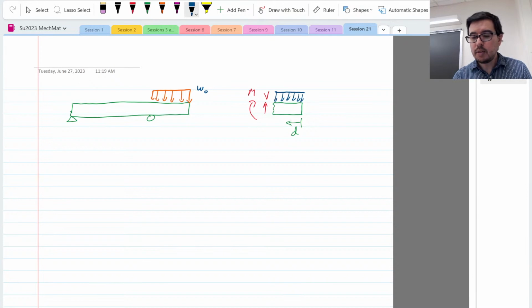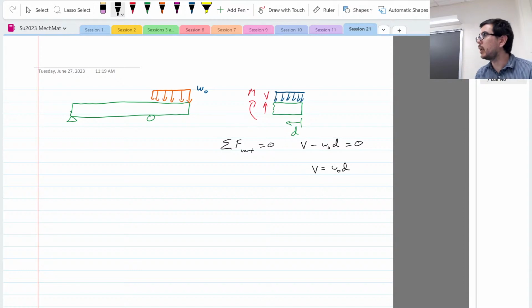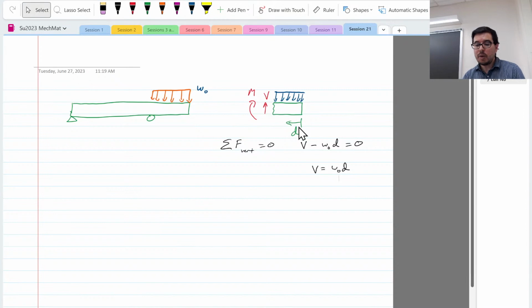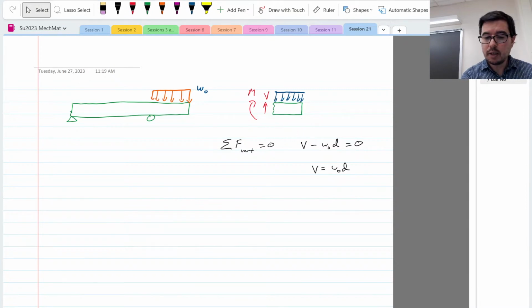If I want to do equilibrium, let's use a different color, and we'll say vertical direction equals 0. Then what I can say is V minus W naught times D is equal to 0. So the internal shear force V is just W naught D, okay? Notice the distance D is actually coming out to this location, right? So if I'm really close to the end,